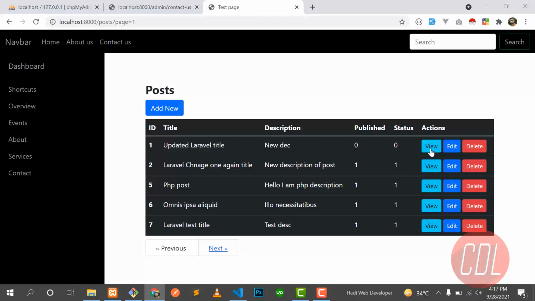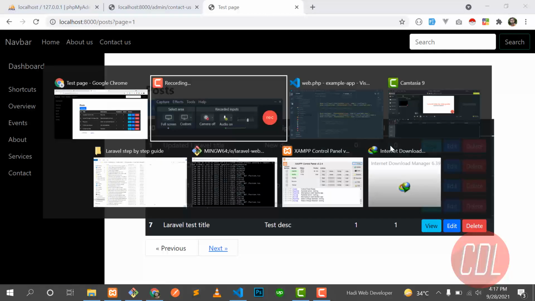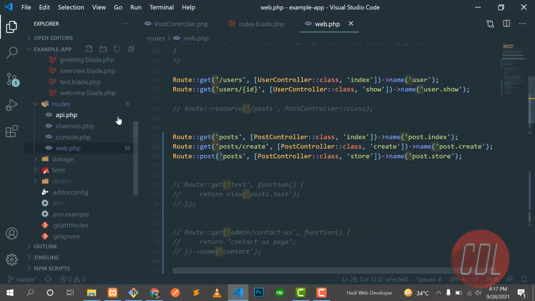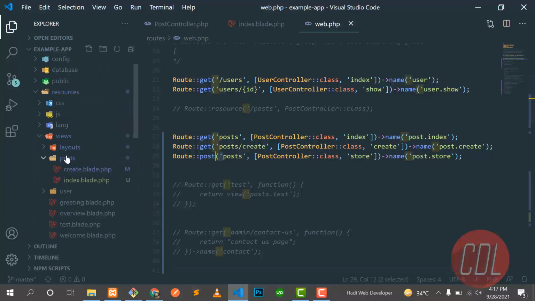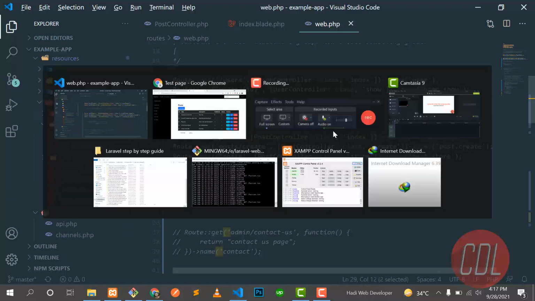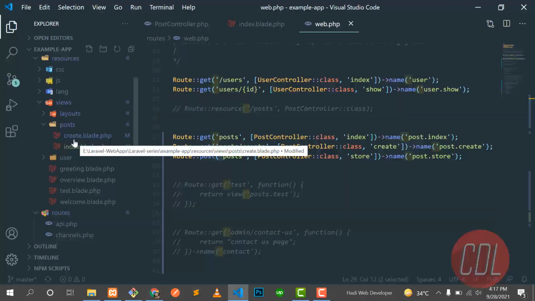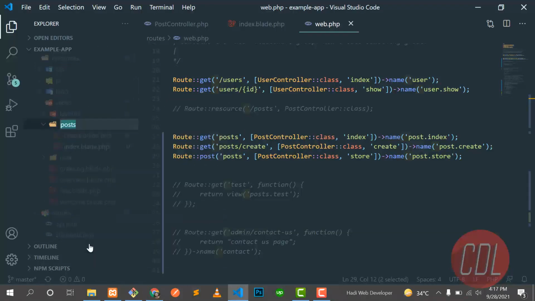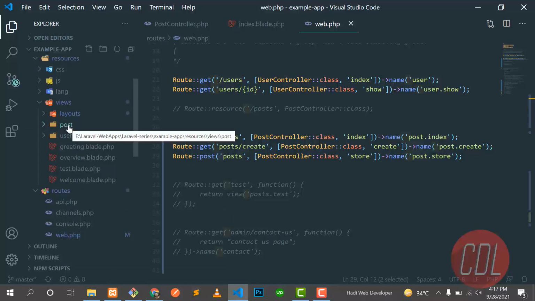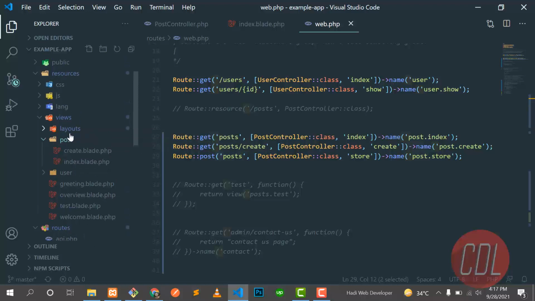So let me first create a view page where we redirect our user when he clicks on this view. So let's go here and create a show blade in our post directory, because we are creating this for post. I already told you why I am doing this: you need to make your post singular, so it's readable, and it's a Laravel convention.